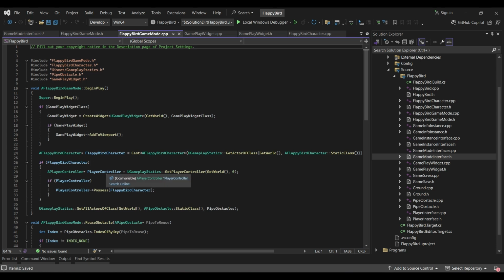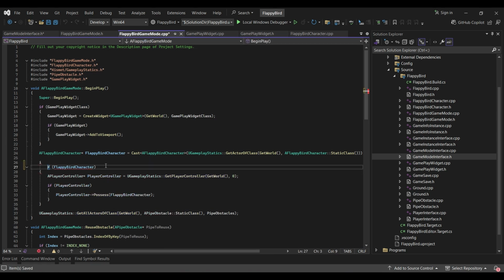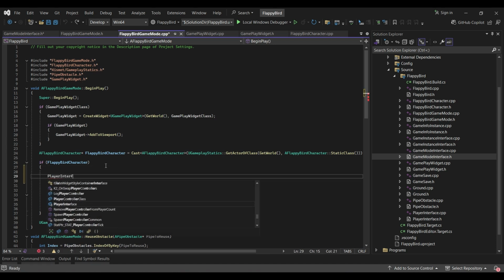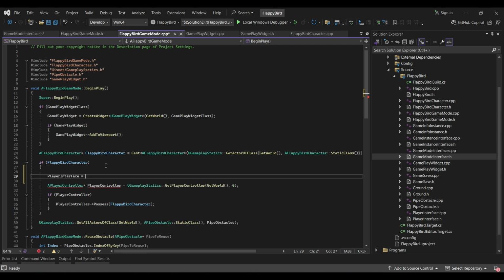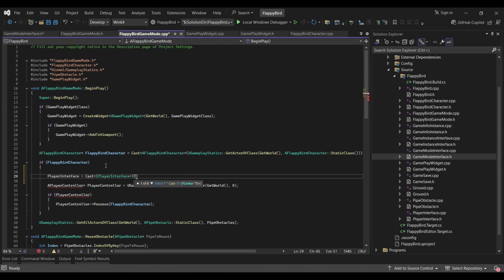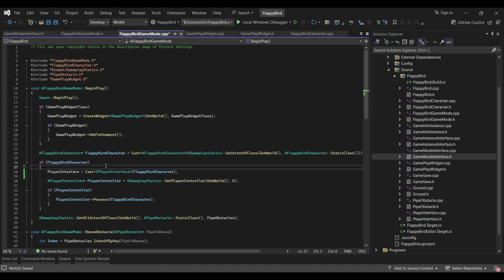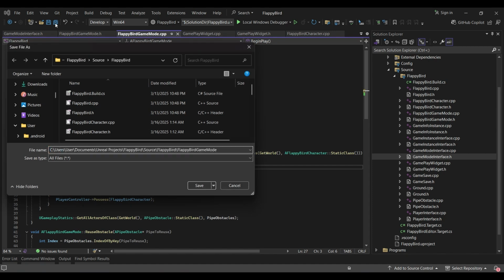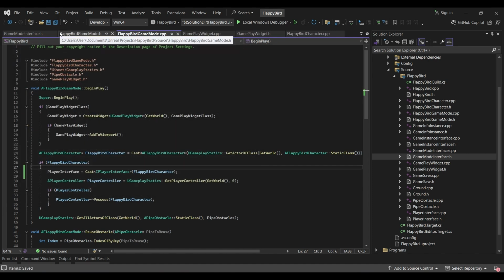And in here, when we get the player character, when we get the Flappy Bird, we want to get the interface. We want to cast to the interface using the Flappy Bird character as object. So player interface equal cast IPlayerInterface, and the character as object is Flappy Bird character. Okay,